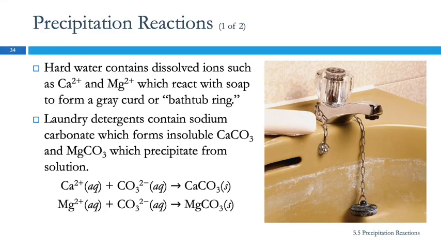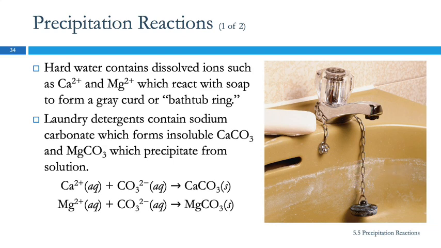We were talking about what kinds of ionic compounds are soluble and what kind are insoluble. And we can use those solubility rules to help us identify precipitation reactions. So here we have a picture of a sink, and we've got this white stuff on it, hard water deposits,